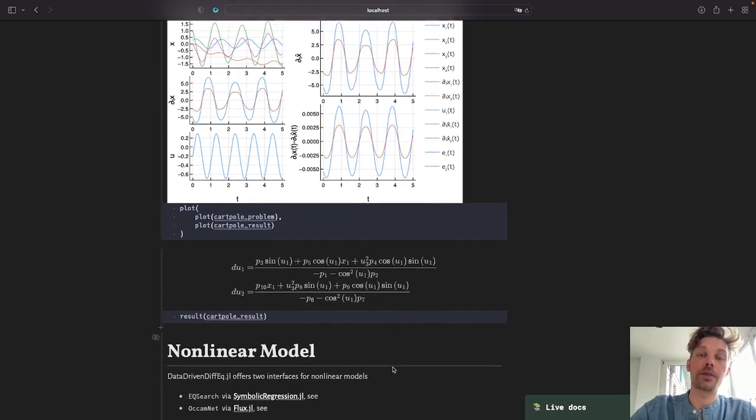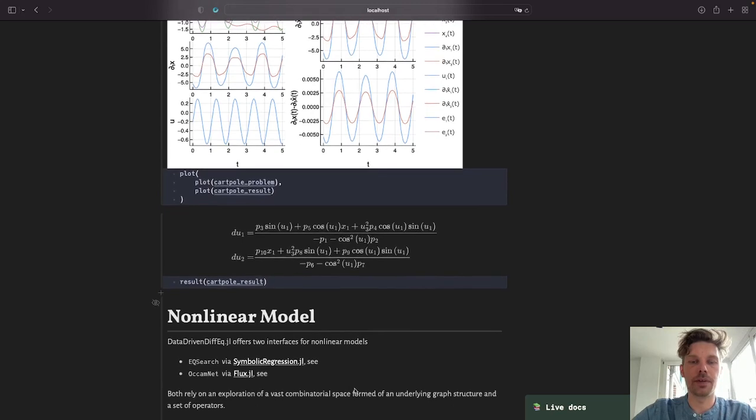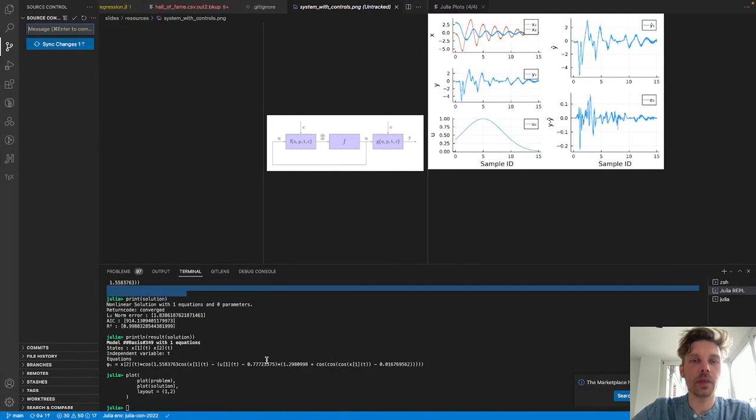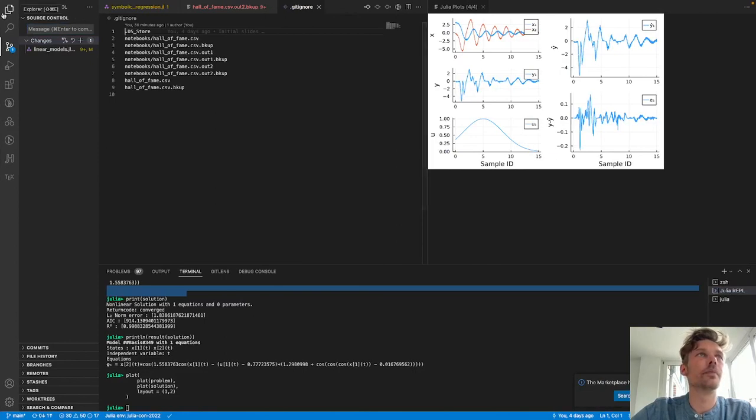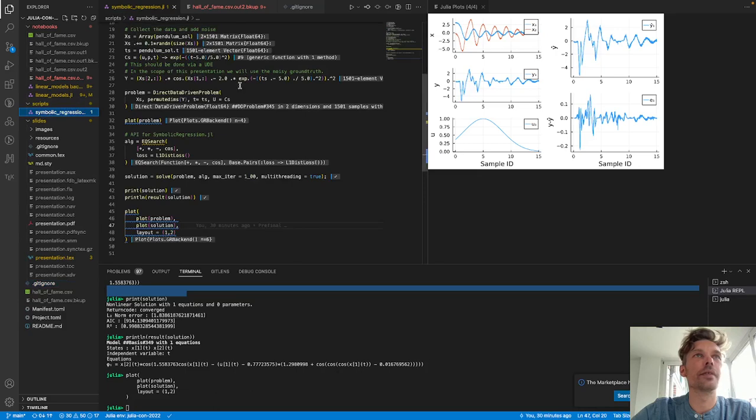As I said earlier, there's also the dynamic mode decomposition, which is useful for model order reduction and other things. And now we want to have a look at the nonlinear discovery, and we will focus on, as I said earlier, SymbolicRegression.jl. So what we want to do here is to be ready for the script,